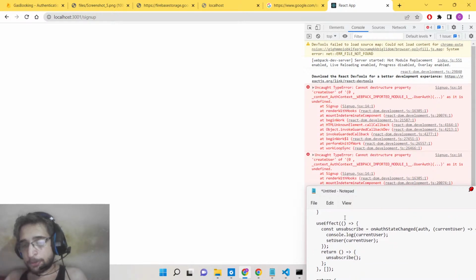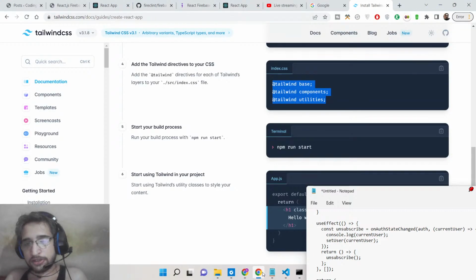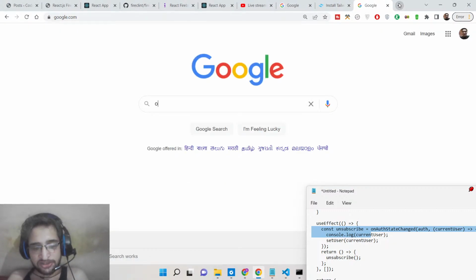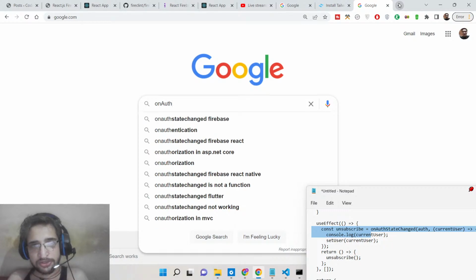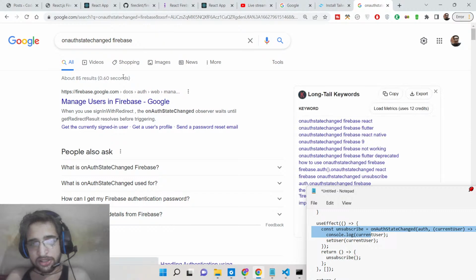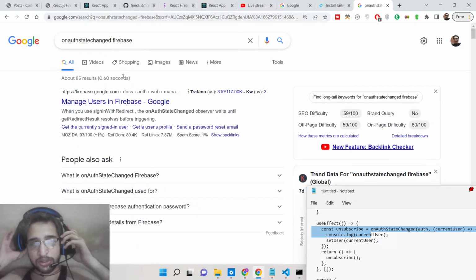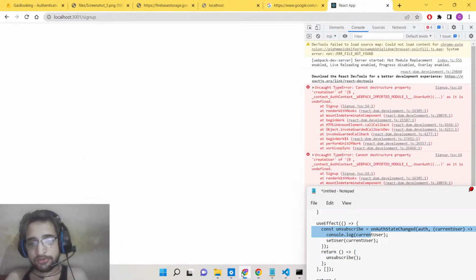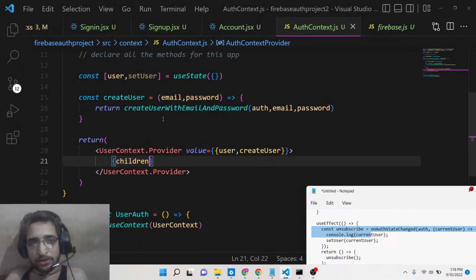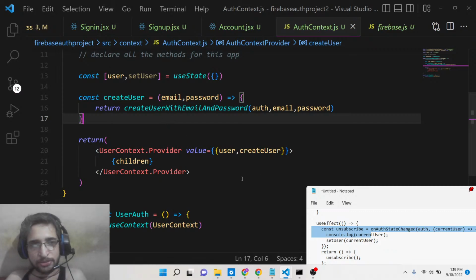I think this is the problem because Firebase does provide this event which is onAuthStateChanged. If you just type this on Google, basically whenever the authentication state changes, this function automatically executes. So whenever you sign into a new account or you create a new account, this is a special event that occurs. So we are not writing it, we haven't written it. So inside auth change here guys,